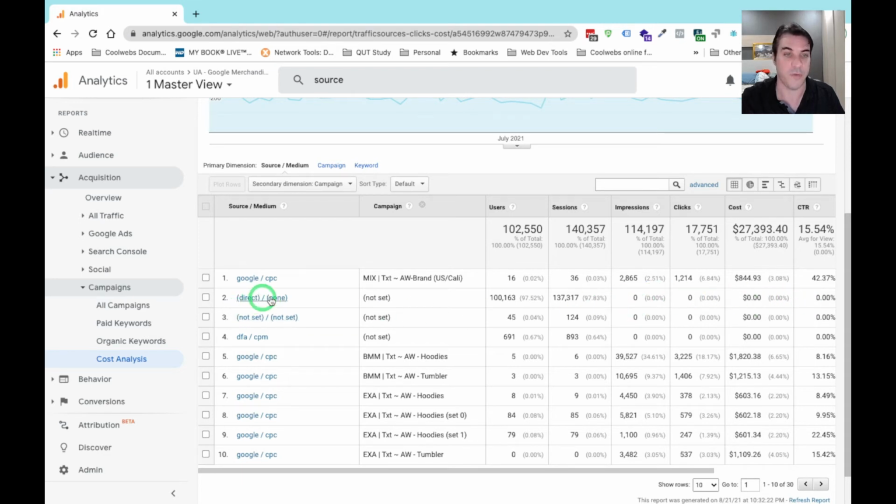But that's pretty obvious because that's direct none. That's not even a campaign. So that's always going to come up like that. You've got to look for the ones that you're actually using as a marketing campaign. So all the Google ones here are obviously campaigns, and we're looking at the metrics and we can see that